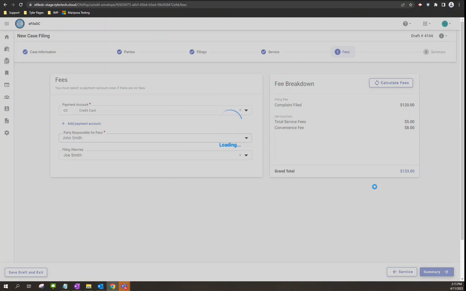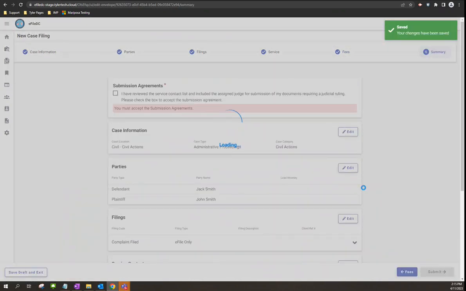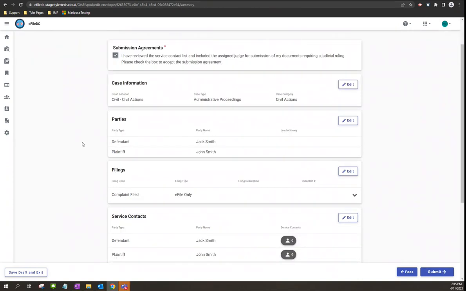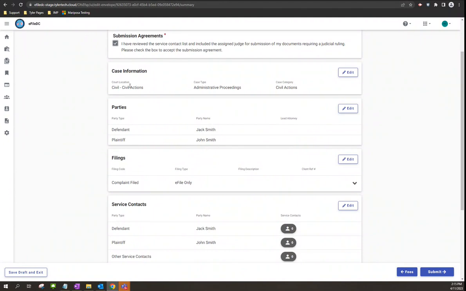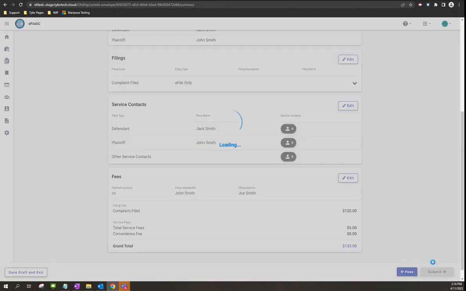Here on the summary page, this is where we'll have the opportunity to review everything that we've selected and entered. At the very top, this court has a submission agreement, so we'll have to read through that and check our box. We can scroll down and review everything we've entered during this submission. We also have edit buttons beside each of those sections that allow us to go back to it and make changes if needed. Once we've completed our review, we can click on the submit button and it'll go ahead and